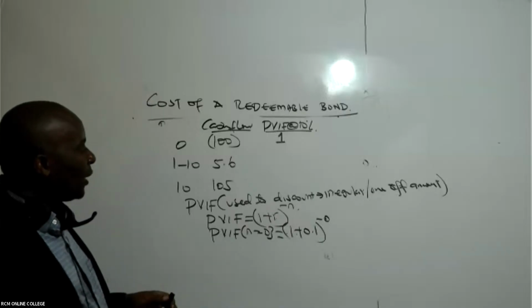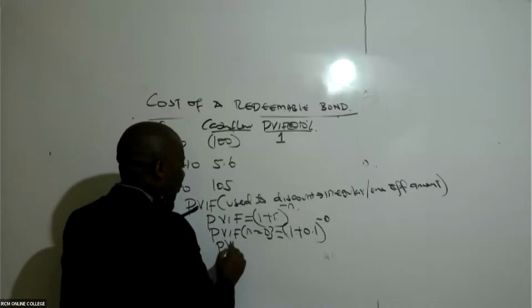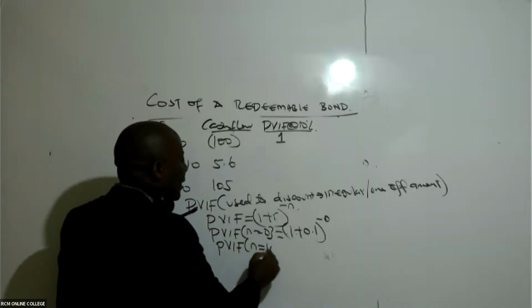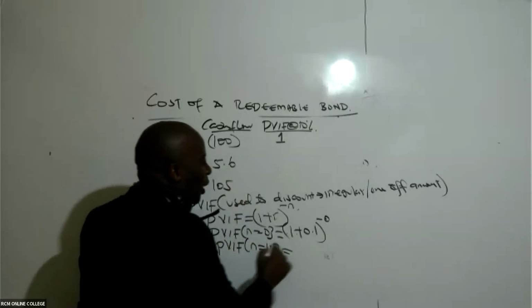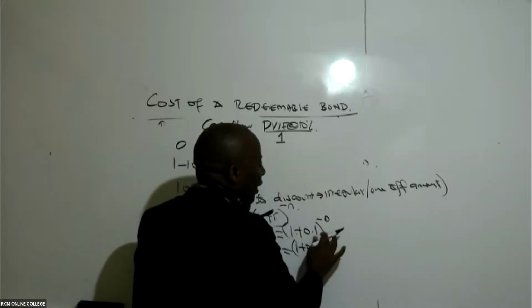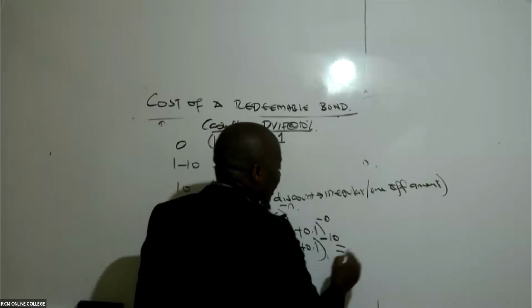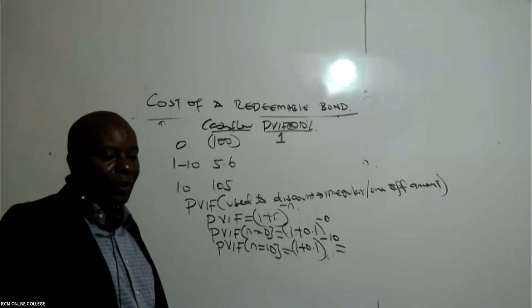Yeah, we are getting there. How about PVIF when N is 10 for this lump sum amount? So it will be 1 plus 0.1. You divide this by, not divide by, raise to negative 10. So you say 1.1 raised to negative 10.